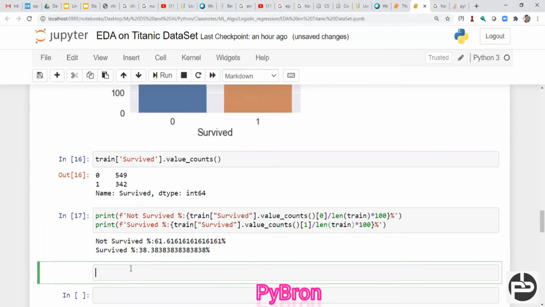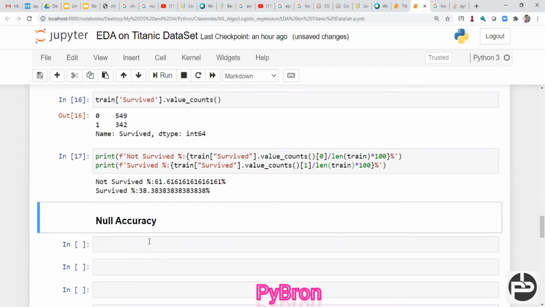Null accuracy is nothing but whatever your percentage in the data set, it's a kind of bias. 61% is not survived, so if anyone randomly asks whether passenger 711 survived or not, I can say he did not survive, because the not survived percentage is more than the survived percentage.